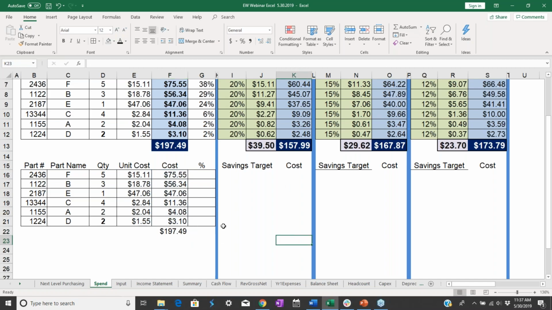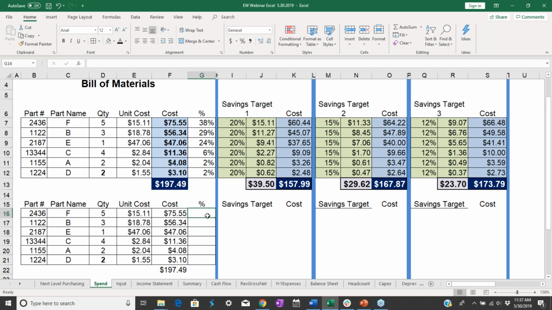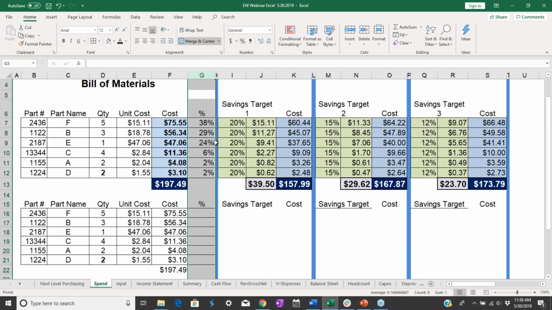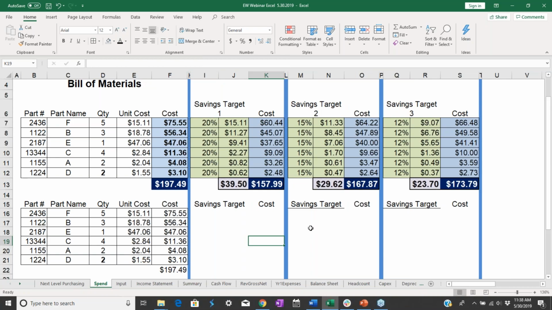All right, so we filled out the cost column, and in a minute we're going to come back to this. So I'm just going to hide this column for now. Okay, so